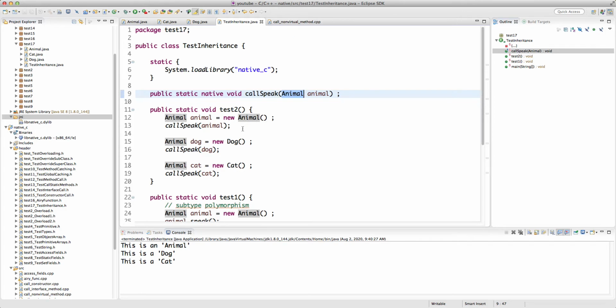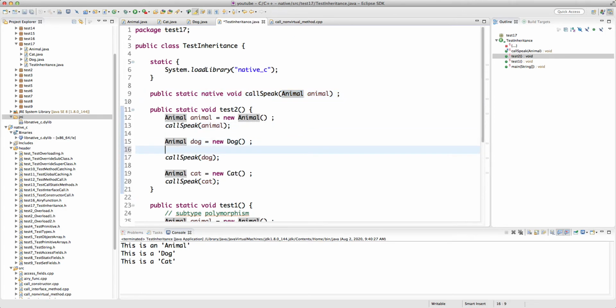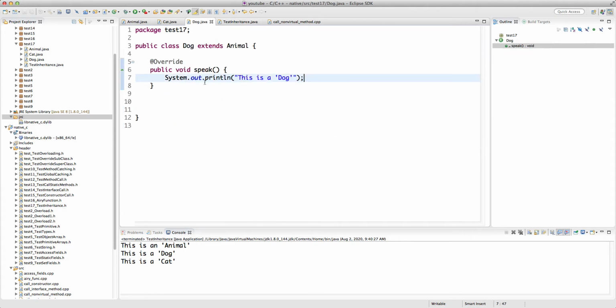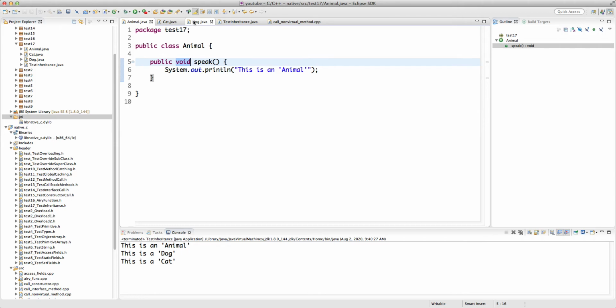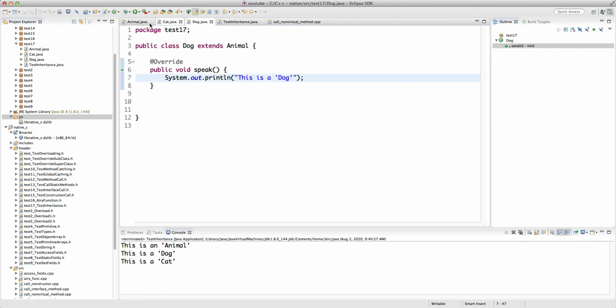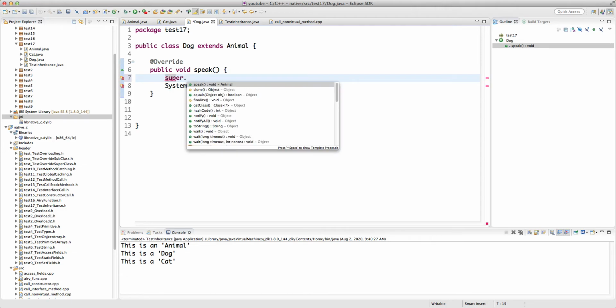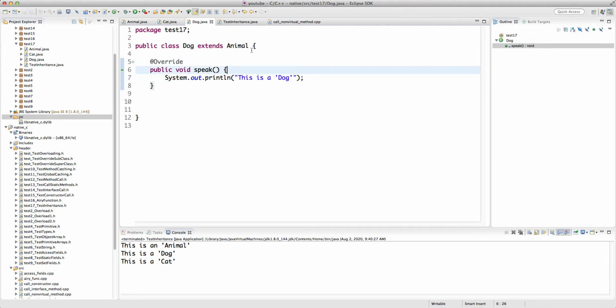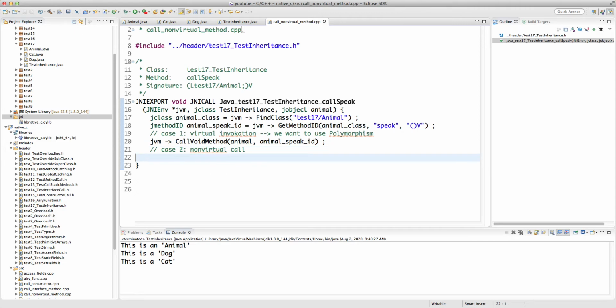So this is equivalent of saying that if I have a dog, for example, basically if I'm in dog and I want to call the actual speak inside the superclass, which is animal, I can use the keyword super, right? Super.speak, and this tells the JVM to actually go to the superclass and call it, right? So here in the JNI and C++, we can do the same thing with the call